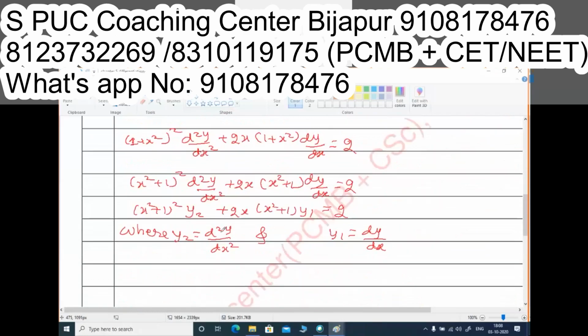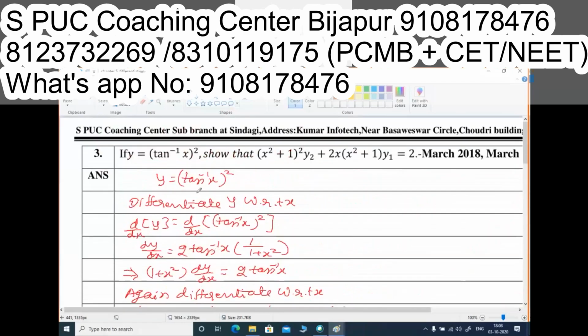I hope everybody noted clearly about this solution. Let us go to the summarization of this problem. Whatever he has given, y is equals to tan inverse x bracket square. If you would like to take the log and simplify, then also you will get the same answer. There is no doubt. Or else just differentiate y with respect to x, that is dy by dx. You are going to get 2 times tan inverse x into the derivative, using x raised to n is equals to n x raised to n minus 1. Differentiate that way.